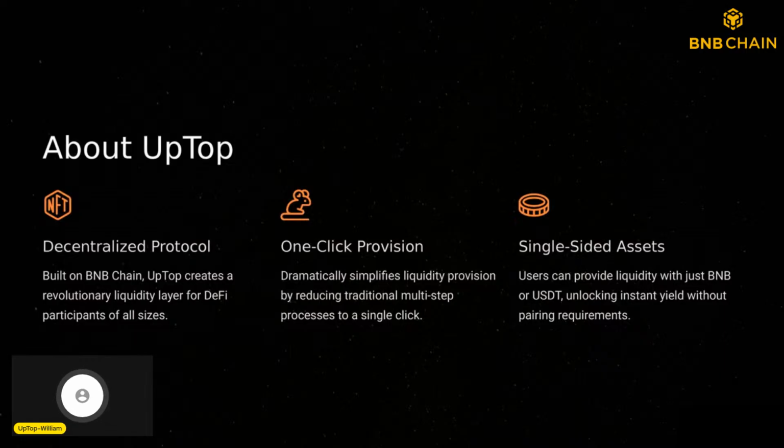Here's some basic information about UpTop. We built UpTop on the BNB Chain and it acts as a liquidity layer. Our main goal is to simplify DeFi for users at all levels by allowing them, with just one click, to add liquidity, whether it is BNB or other stablecoins.